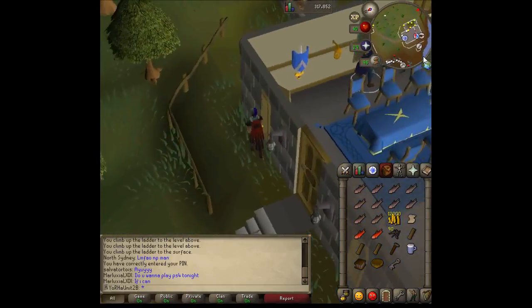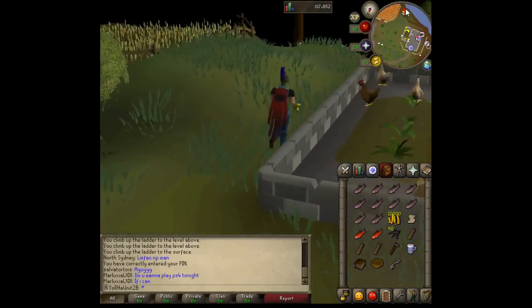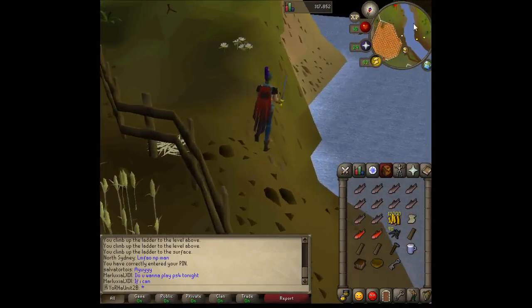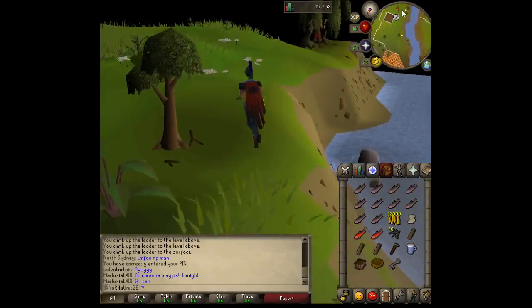So, I'm going to walk back to Lumbridge, because your boy needs dragon protection. And from Lumbridge, we can go to Port Sarim and get that map piece. Then we can go to Rimmington and get that map piece, and then go up from Falador and get that map piece, so...